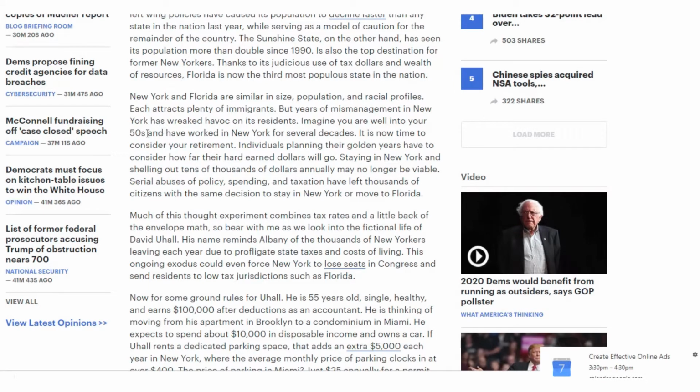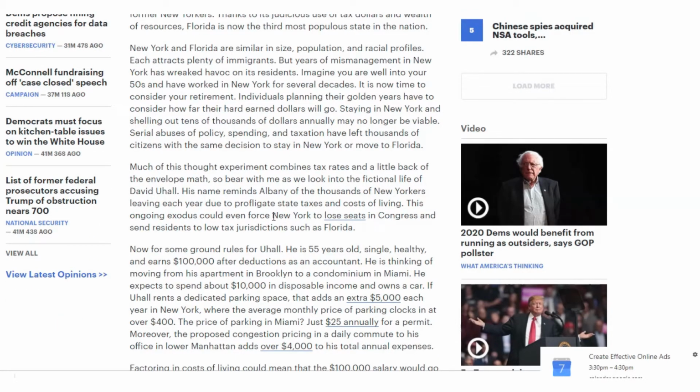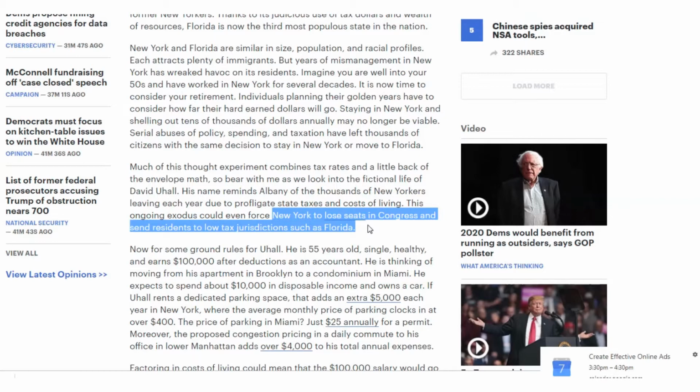And what are the consequences here? Let's see, we're talking about the population growth. Representation in the House is determined by the size of your state. So although New York and Florida will always have two senators, Florida is now bigger than New York and continues to grow while New York declines, and New York may even lose a representative after the 2020 census. That's how representatives are apportioned. Here we go. New York to lose seats in Congress because people are moving out of New York.